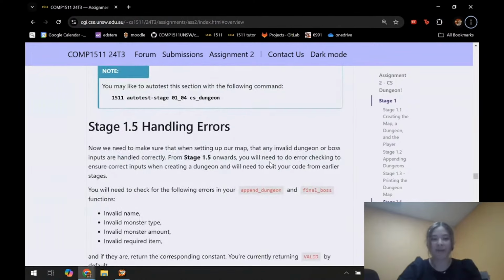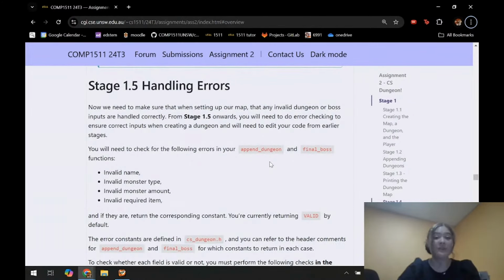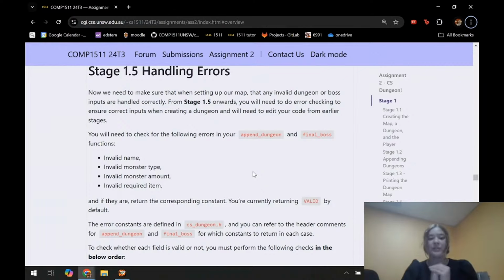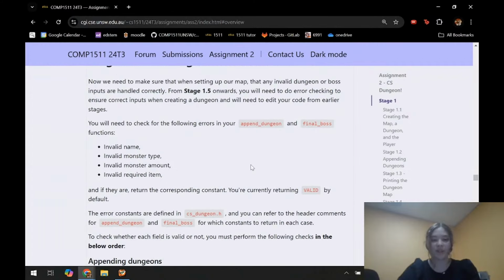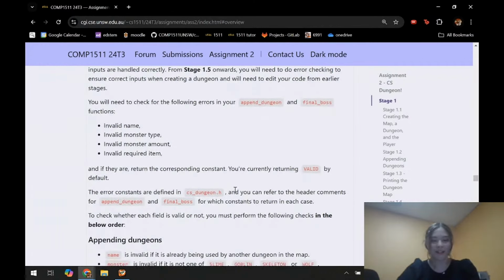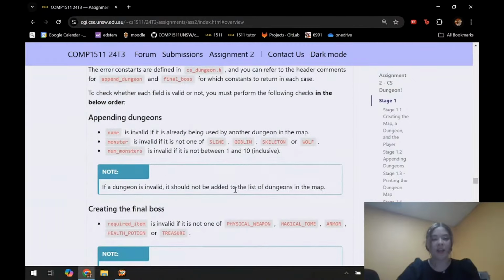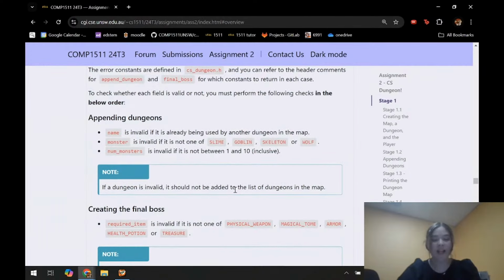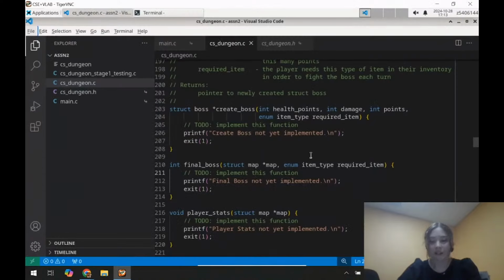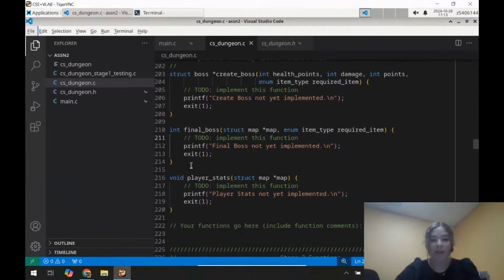Okay, stage 1.5, this is where we will need to handle any errors. So you need to go back to append dungeon and final boss and make sure that the provided name, monster type, monster amount, required item, all of these fields, are actually valid. And if they are, you should return valid, which I will talk about. This is basically just handling any errors in those given inputs for both appending dungeons and adding the final boss. So by return, what I mean is, if I look at this final boss function here,